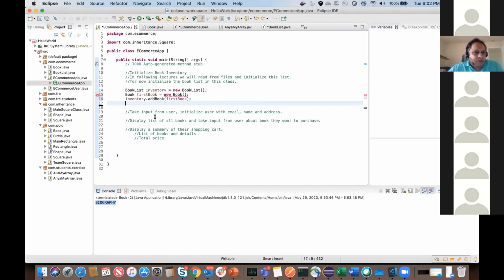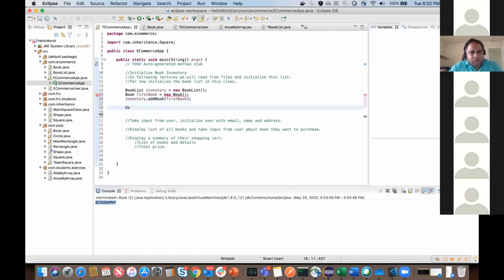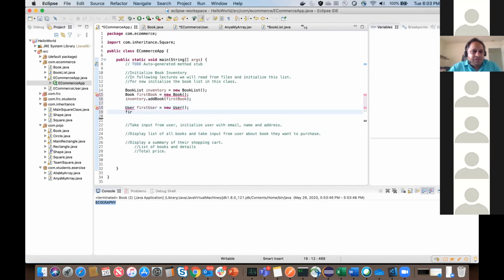But we're not going to take input from the user, right? For now, you'll probably say, hey, maybe I'll create a user object, right? You'll say, hey, user, first user. It's going to give a compilation error because I have not passed the variables, right? Then you'll say, okay, maybe first user dot add,